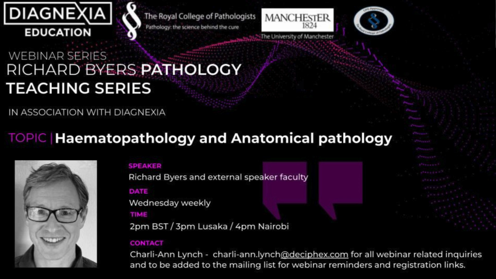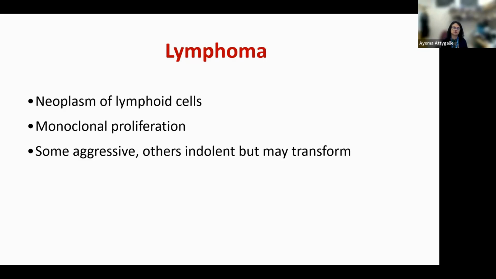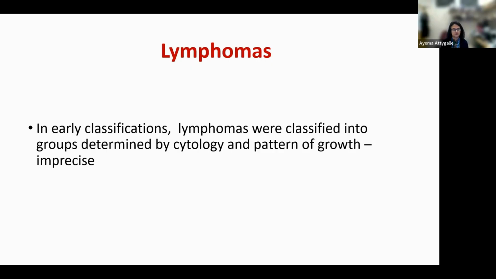Lymphoma is a neoplasm of lymphoid cells. It is a monoclonal proliferation. Some are aggressive, others are indolent, but may transform. If you go back in time, the very early classifications, because we had only histology, were classified into groups determined